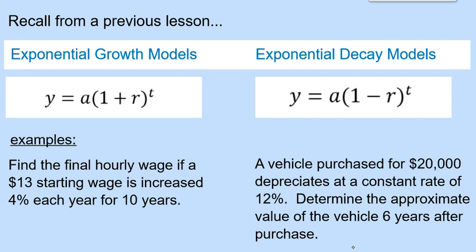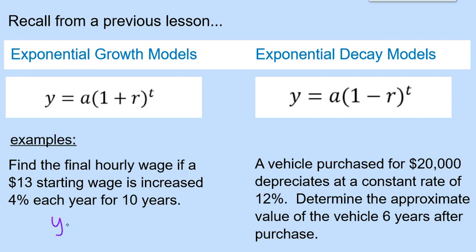Now, what you see on the first slide here, you do not need to write down. This is just a reminder of the exponential growth and decay models that we did at the beginning of the chapter when we were doing other word problems. So, for example, we used the equation y equals a times 1 plus r to the t for exponential growth. And an example of that is find the final hourly wage if a $13 starting wage is increased 4% each year for 10 years. And so what we did with that information was we put it into the model